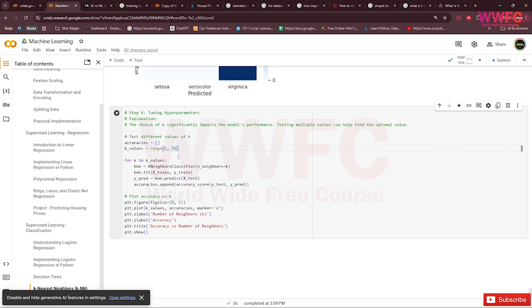But if you don't want to check like this because it's really heavy on your computer, you can check the journal or paper that has the same data as you, and just get their K numbers. But if you want to test different values of K like this, you can predict this.